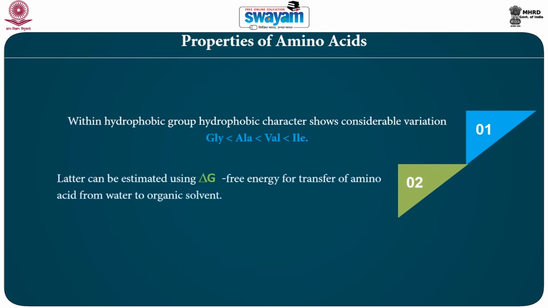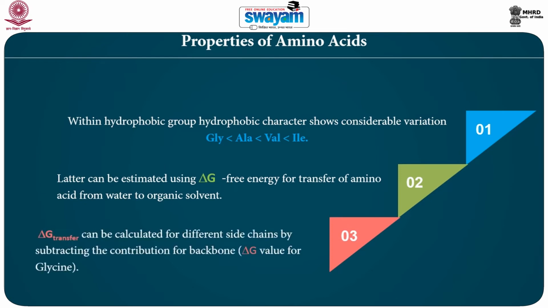One can estimate the hydrophobicity of an amino acid using delta G, free energy for transfer of amino acid from water to organic solvent. It is called delta G transfer. Can be calculated for different side chains